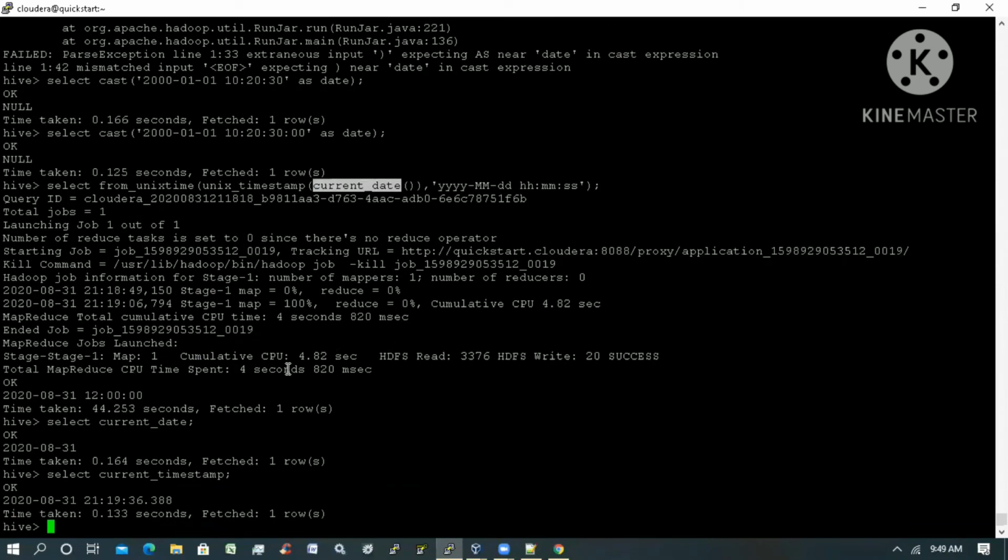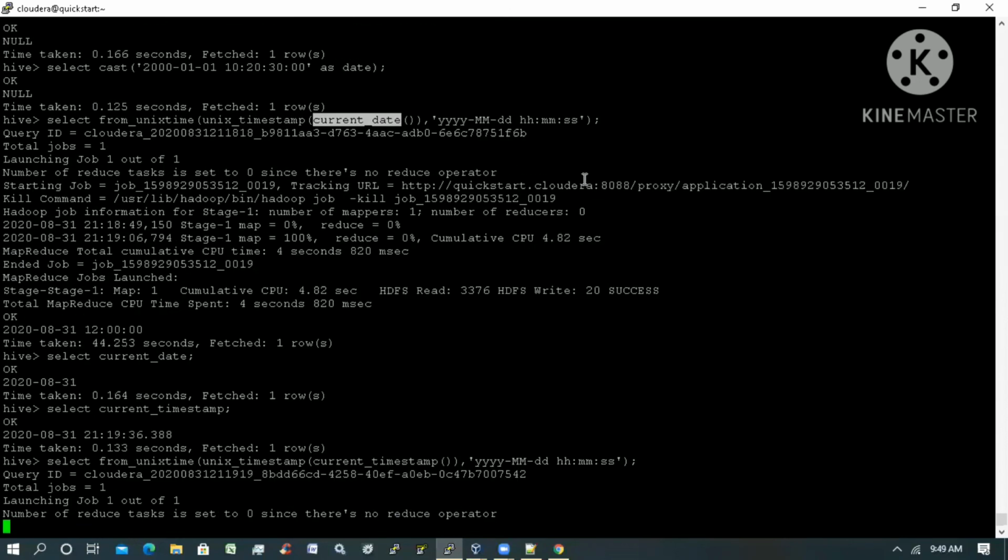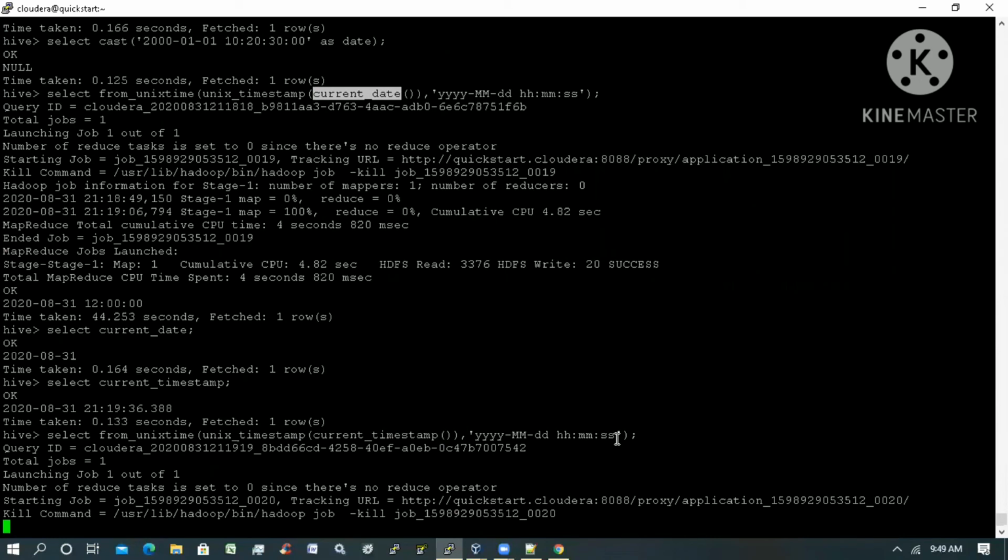Current timestamp is available in this format. This one I'm converting to this particular format. How can we convert that? I'm showing it here. I'm converting to SS format.